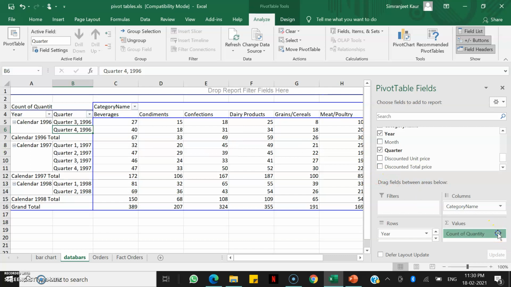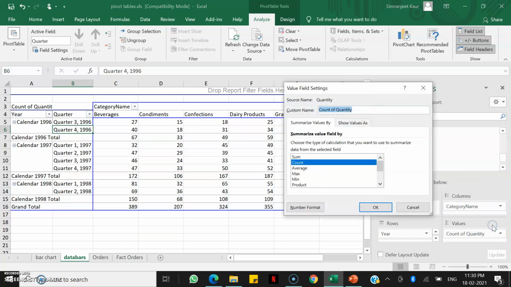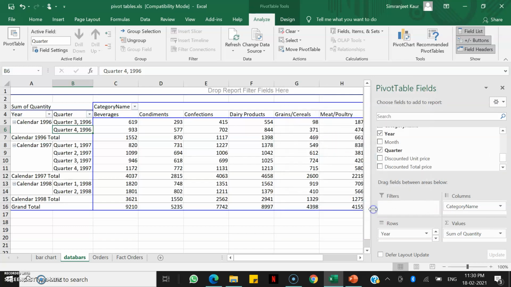So similarly, let's go back to value field settings. Let's keep it as sum of quantity, right? So these are the total transactions, right? So let's say I want this information not just to be displayed as figures, I want this to be displayed as data bars, right? For that I will have to go to conditional formatting. But before we do that,